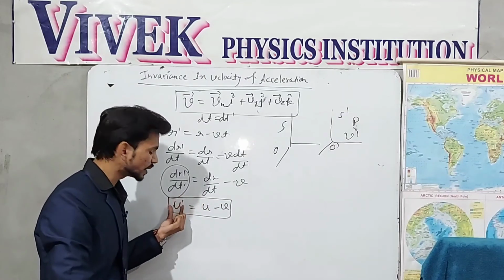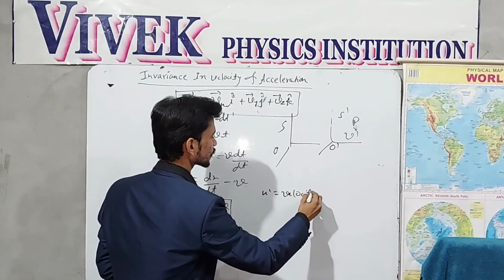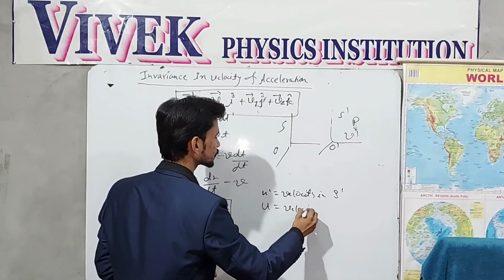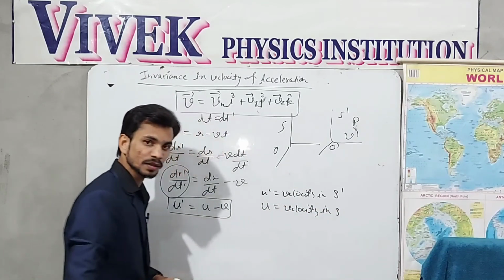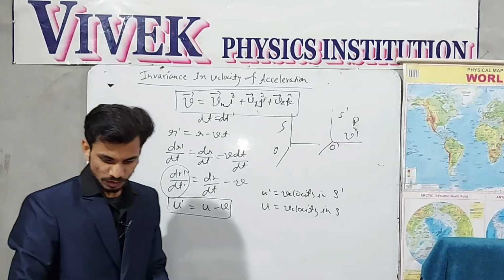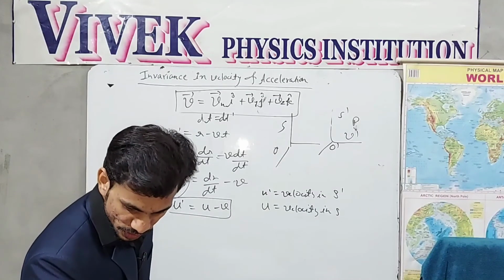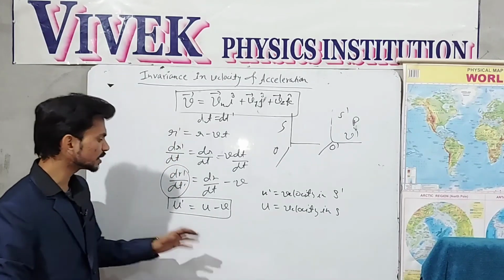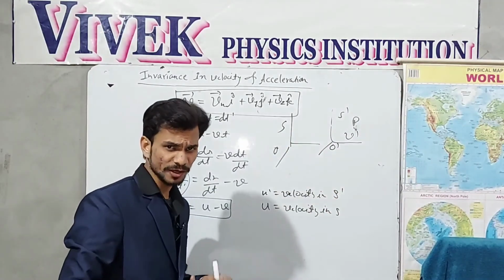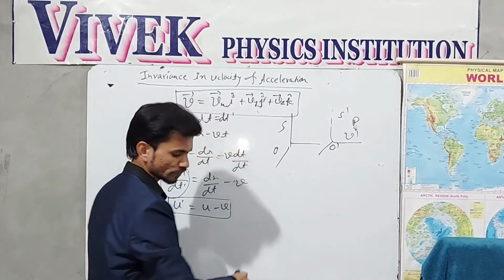Because u dash is the velocity in S dash frame of reference, and u equals the velocity in S. What is different? Because u is u and u dash is u minus v. So there is no invariance of the velocity of the particles which are observed in two kinds of systems under the Galilean transformation. Now if we are interested to find the acceleration invariance, then